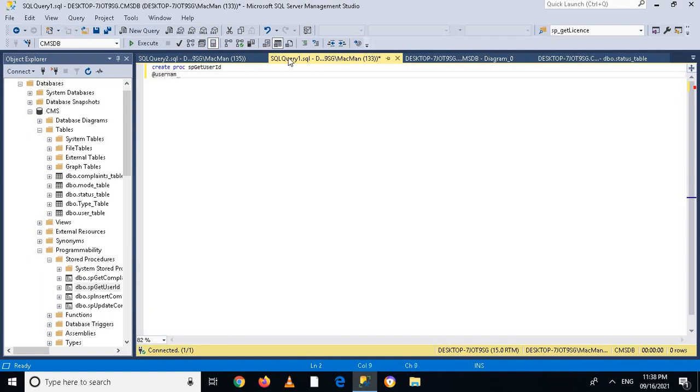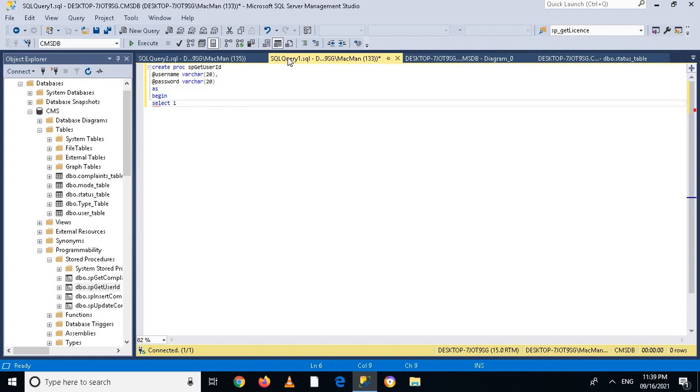So this is the stored procedure name, and then we use the parameters @username and its type, which is varchar, and its length is 20, and then a comma, and then we have @password, which is also varchar 20. After the last parameter, you do not need a comma, and then you use the as keyword, and then begin,